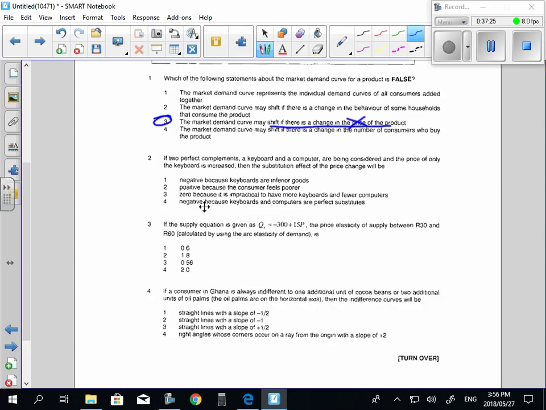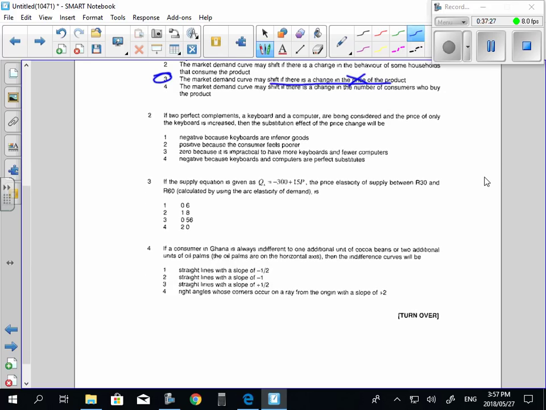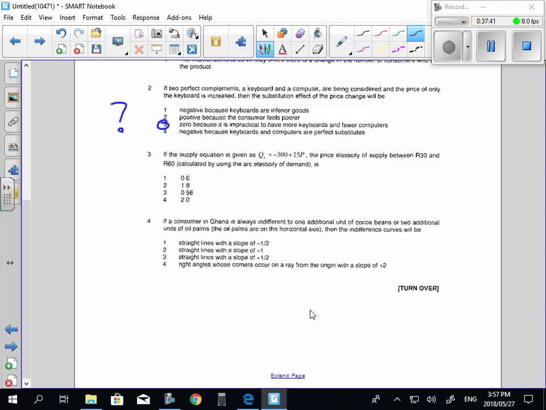Question 2. All right, so this question I had absolutely no idea, but if I had to hazard a guess, I would say question 3. Okay, but there's a huge question mark next to that one. Question 3. If the supply equation is given as the following, price elasticity of supply between 30 and 60 units using the arc elasticity method is calculated as what? Okay, so